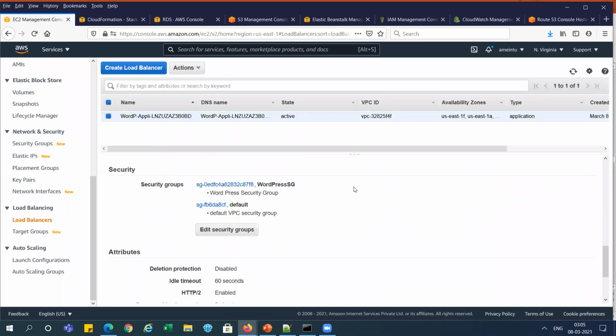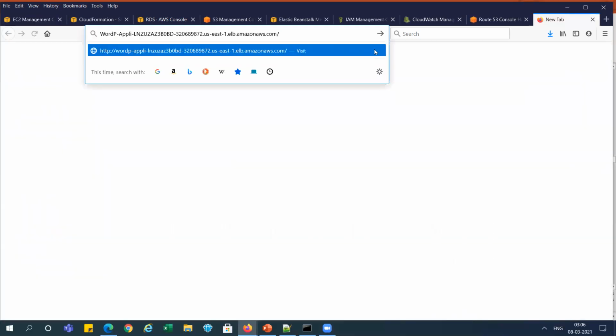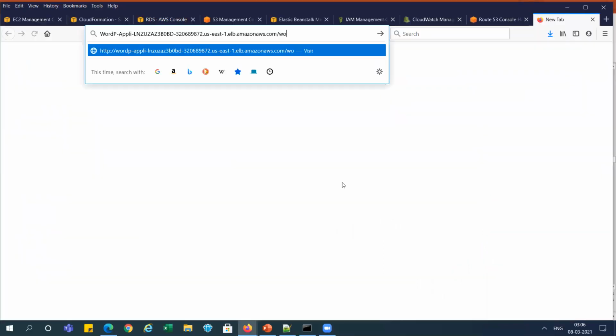So that when we access this DNS name from the local system, we can access it, right? So I will show you here slash WordPress, because it is running on port 80.